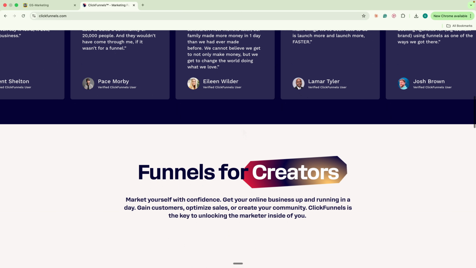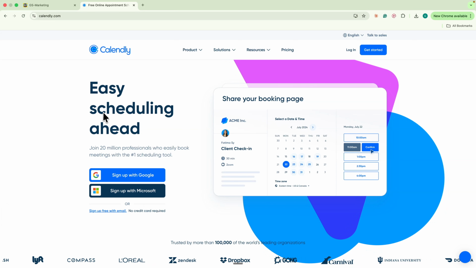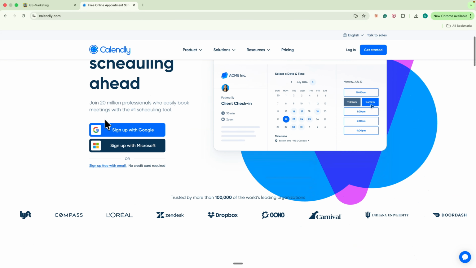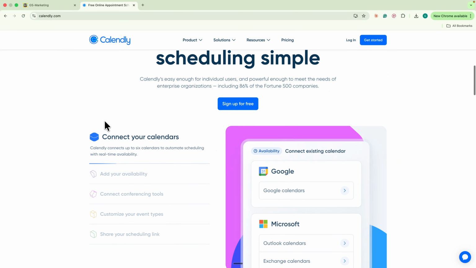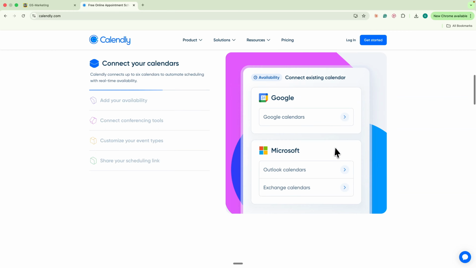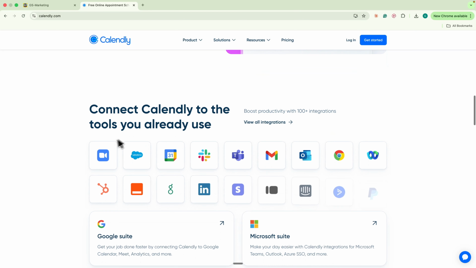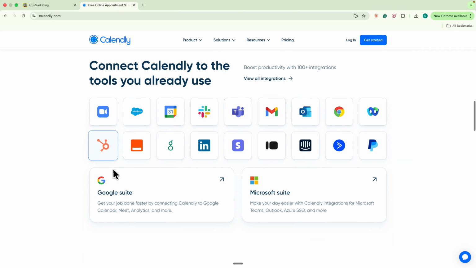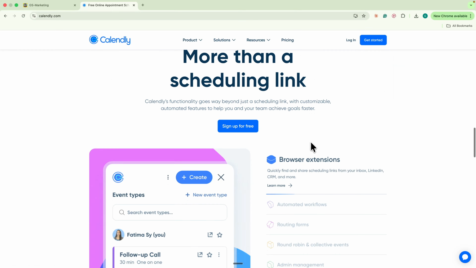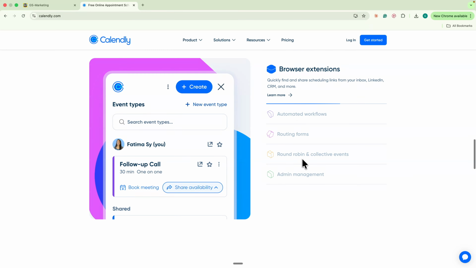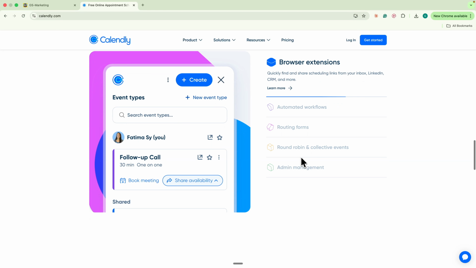GoHighLevel's calendar and booking tool is actually decent. A lot of agencies stick with it because it's integrated with everything else inside the platform. But if you want something simpler that just works without any of the setup, Calendly is the go-to. You set your availability, share your link, and people book directly into your calendar. It handles reminders, rescheduling, routing forms, round-robin team scheduling, and integrates cleanly with pretty much every other tool in your